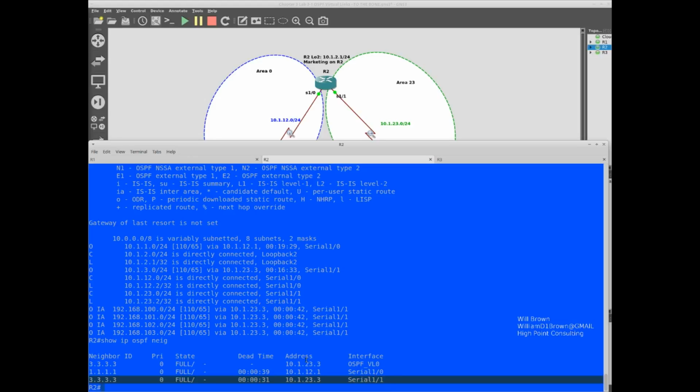Which was formed on the 10.1.23.0 subnet. Okay, so we're good there.